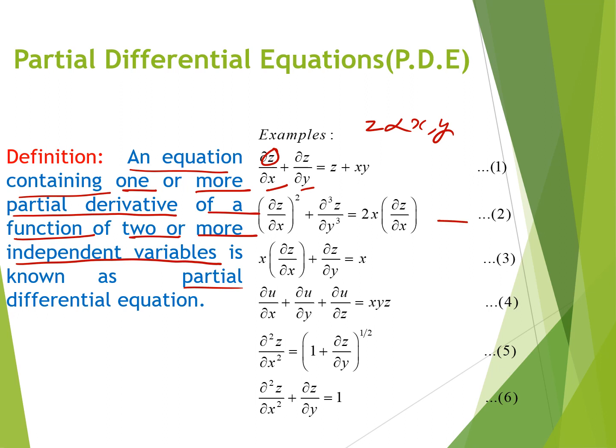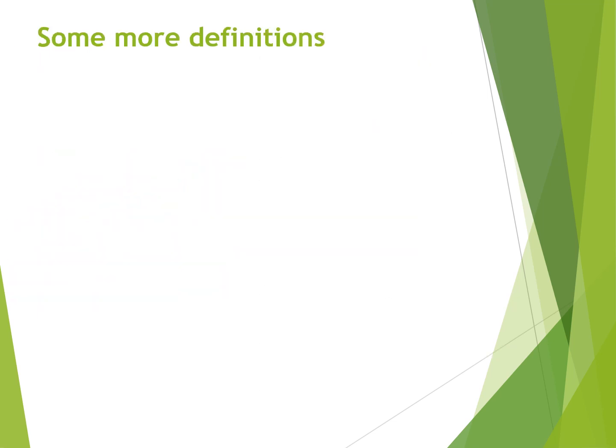In the second partial differential equation, z is a dependent variable depending on y as well as on x. Similarly, for the third equation, u is a dependent variable depending upon x, y and z. Z is a dependent variable depending upon x and y. X and y are independent variables. Again, z is a dependent variable in equation 6 and x and y are independent variables.